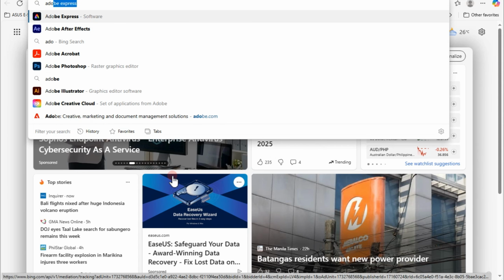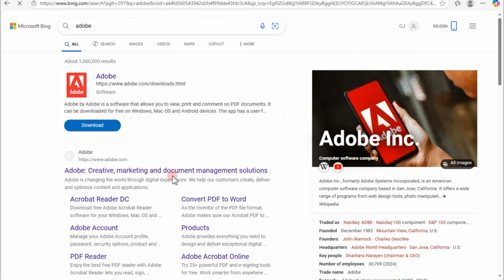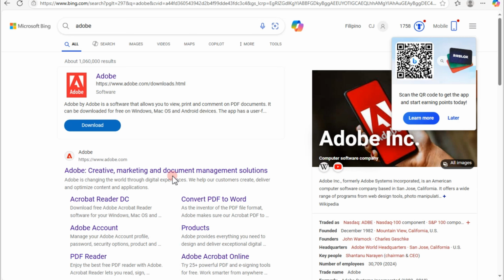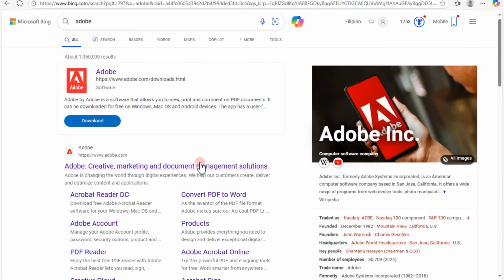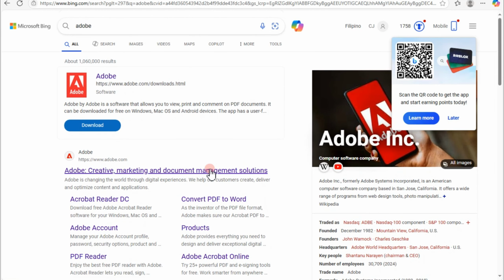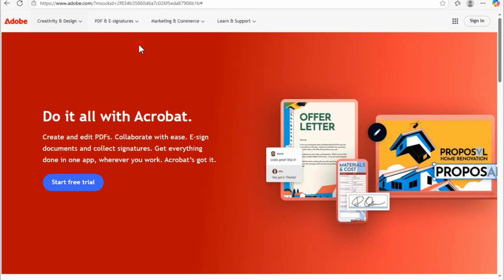So first, go to any web browser and then create an Adobe account. You can go to Microsoft Edge or Google, and then type in Adobe and click the very first link that you can see here. After that, create an account. But if you already have an account, all you have to do is tap on Start Free